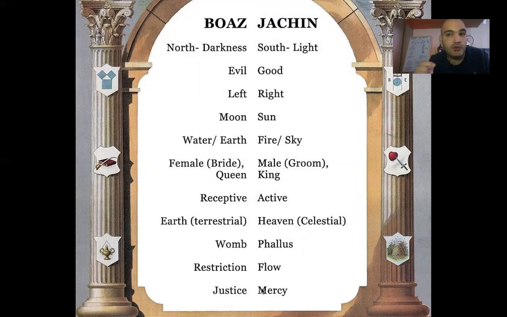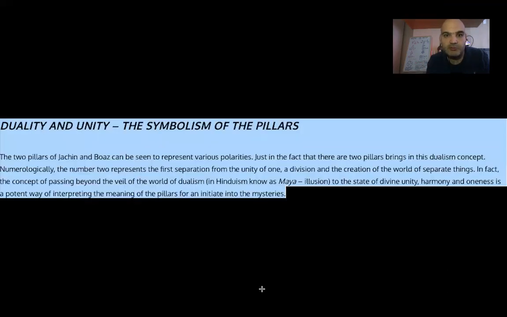And also, if you watch my previous videos, I've touched on this, but in a more scientific way, talking about redshift, blue shift, and electricity and magnetism. So moving on, I'm just going to read a simple paragraph about what Boaz and Jachin is. Obviously, this subject, you could go into it and do a whole video on its own. It's such a complex subject, but I don't want to go too deep, because I just want to keep it